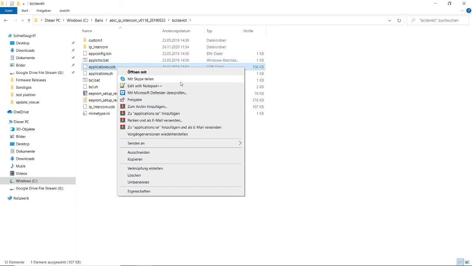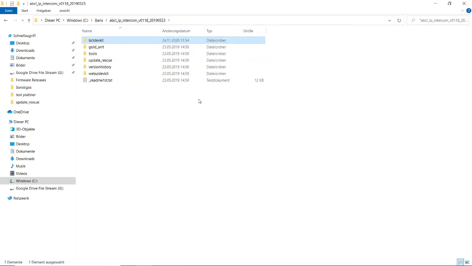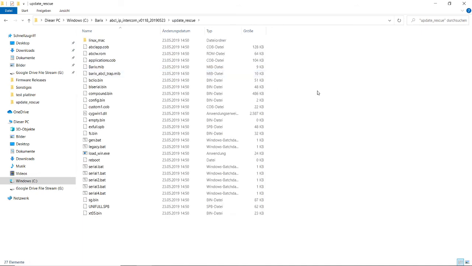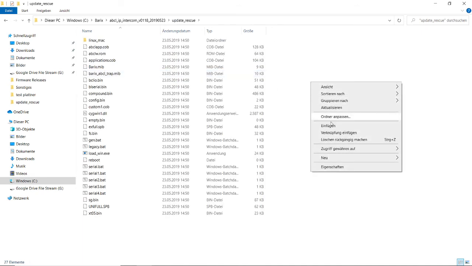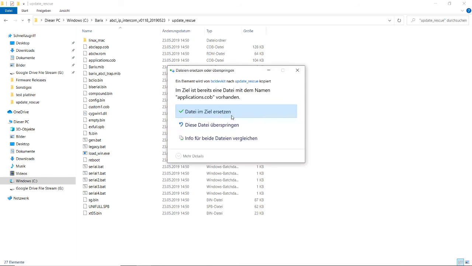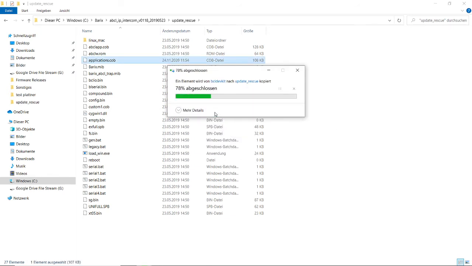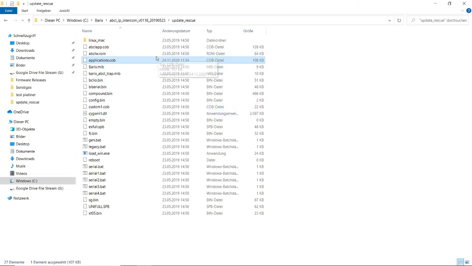For that reason I'm copying this now and I'm pasting this into the update rescue folder. So paste, and then I overwrite the existing file. The last step now is to create a new firmware file. Here we have the existing firmware file with the older datecode, and I create now a new firmware file by executing the gen.batch file. So I double click on it,